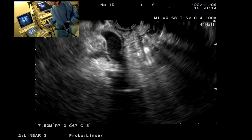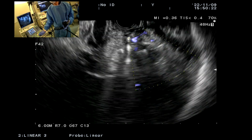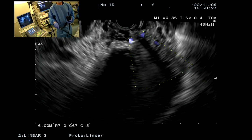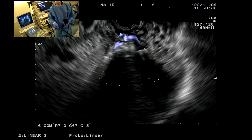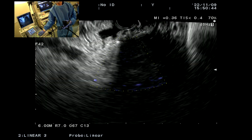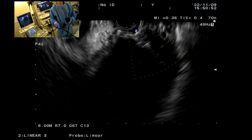And we'll see if there's any blood flow here. So this is the area. You can see a little bit of flow, but certainly not the way it looked before. And there'll be, of course, some collaterals there with blood flow, but this area here is basically just black. Let's move this over to the middle here. So this right there, you can see it's just black here. And this is what we treated, so now it's completely obliterated. And there's some small vessels up here, varices, but nothing that warrants treatment. So this is all nicely